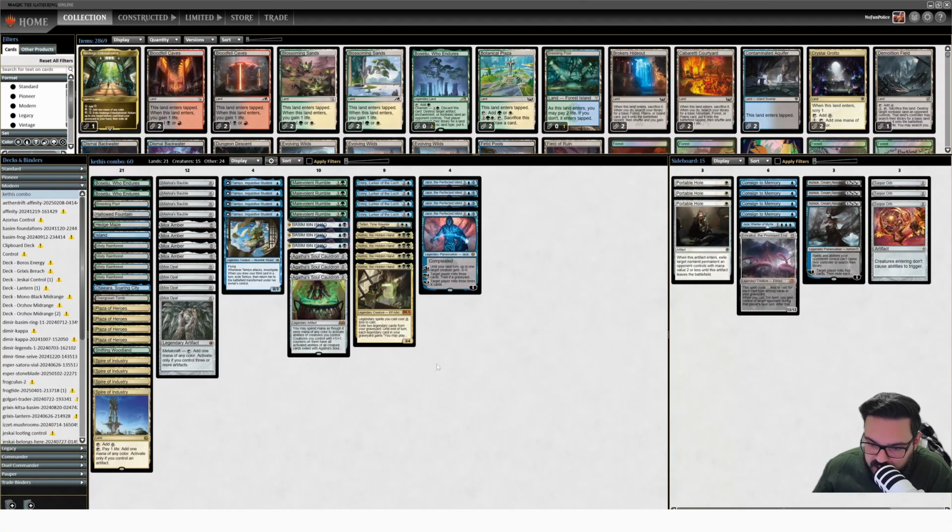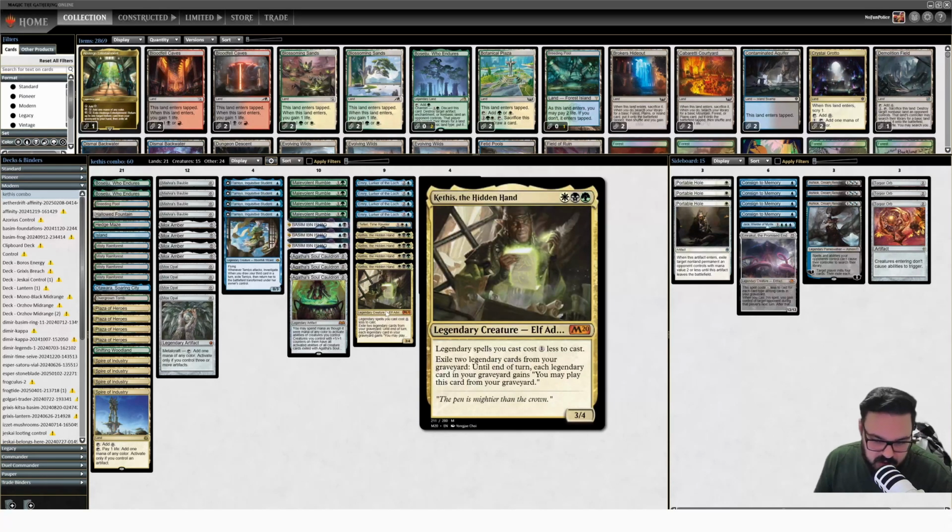Womp womp. We are going to run this league. We are going to run it using the new hotness, the new Underworld Breach, the Kethis Combo self-mill, opponent mill deck. So the way that this works is you use Kethis as one a cost reducer, and two,